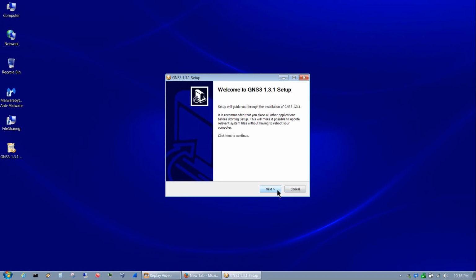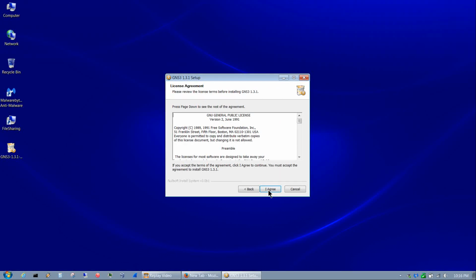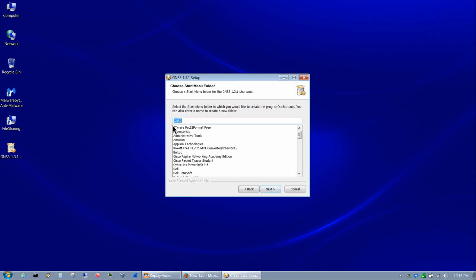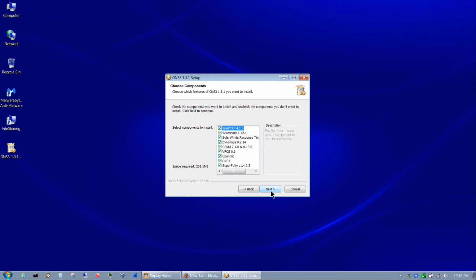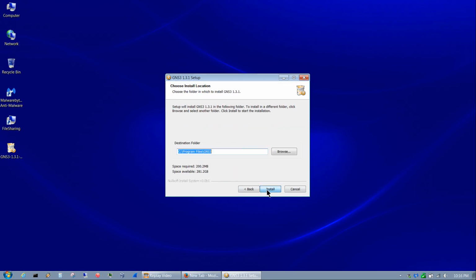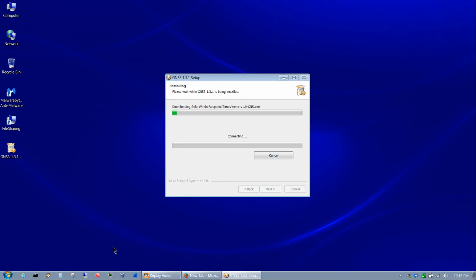So from here, pretty much everything is next. I agree. I don't change anything in here like I did in the last video because we're doing a single installation, so everything's GNS3. One thing though, because I went ahead and installed Wireshark, I uncheck that, and I also uncheck WinPCAP because that's part of the Wireshark installation. Everything else I leave checked. So go ahead and hit next. This is install. Go ahead and install the